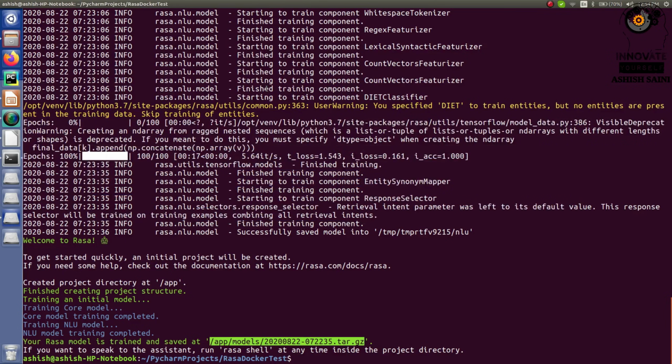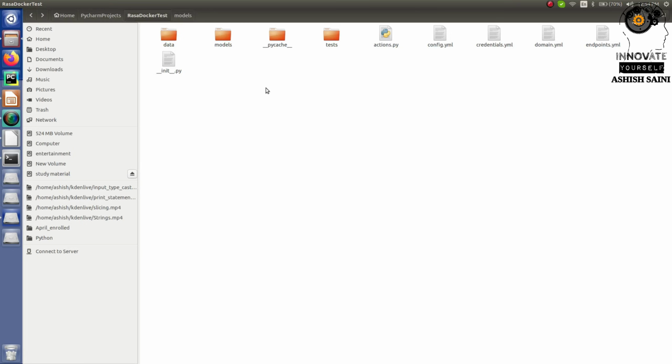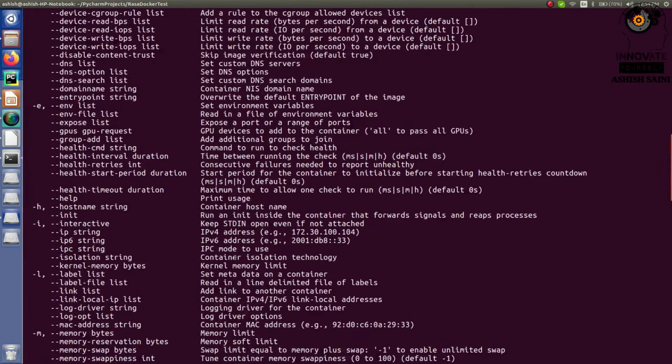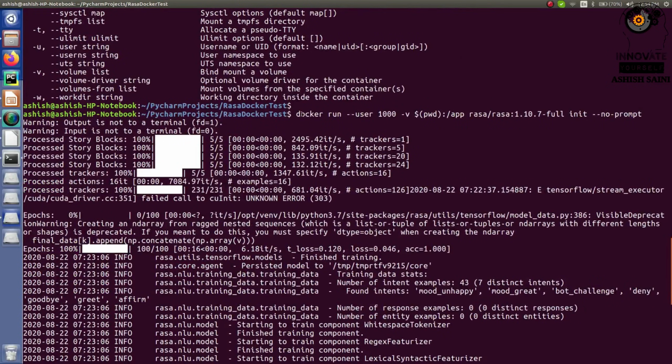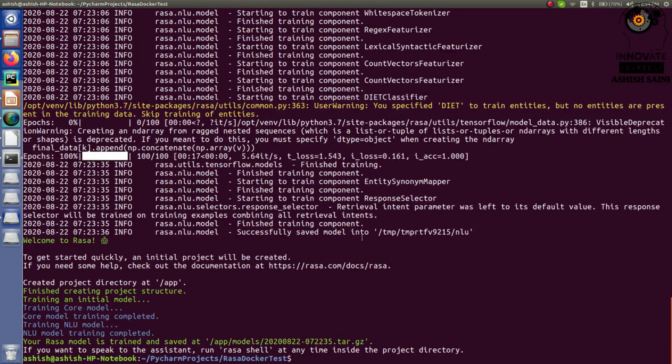Now let's move ahead. So when you have the very basic model with you, what you can do further is test your model, or let's say just check whether your bot is working fine or not, because this time I haven't used Rasa train, Rasa shell or anything directly. Instead I have just used Docker, and based on that I have run this command, right? So I have already shown you that part here, and this is what I have done. Now it's time to check it.